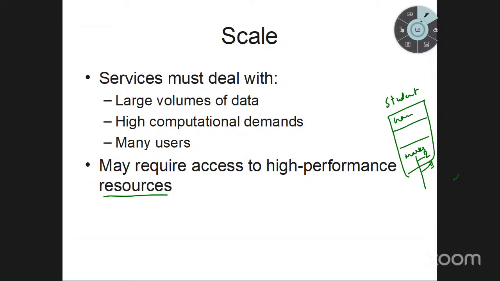Now in this, what do you mean by high performance resource? What do you mean by high performance resource? For example,